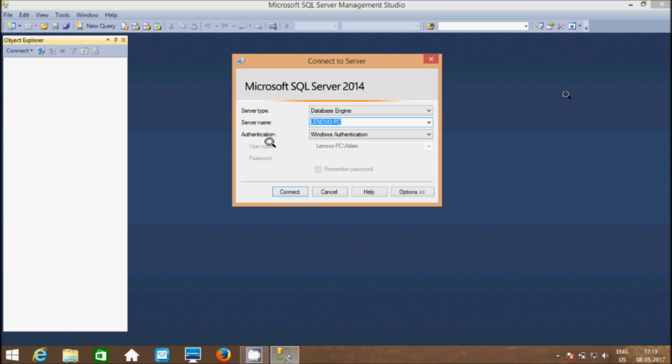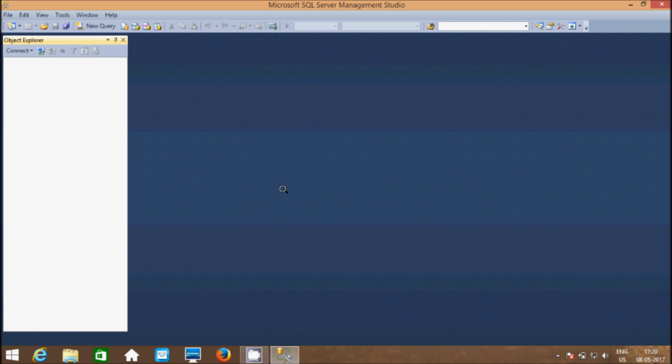There are two types of authentication: first is Windows authentication, second is SQL Server authentication. First I'm going to discuss Windows authentication mode. Let's click on the connect button.